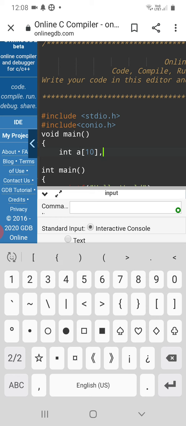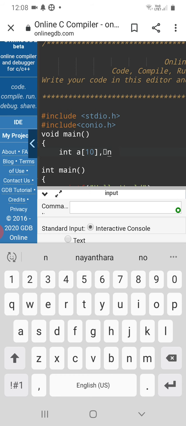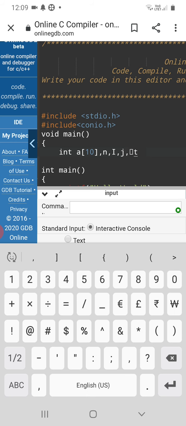Each array element and each variable is separated by a comma, or if you don't separate them, it takes them together as default. Next, n, i. At the end of the line we have to put a semicolon. It's a default.